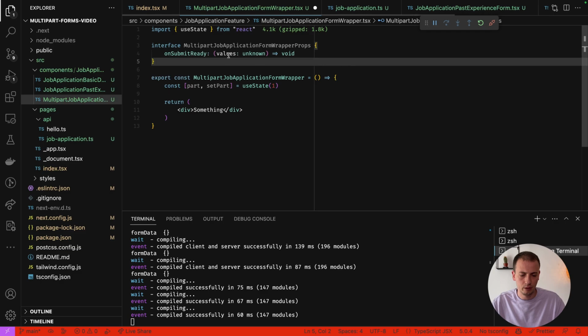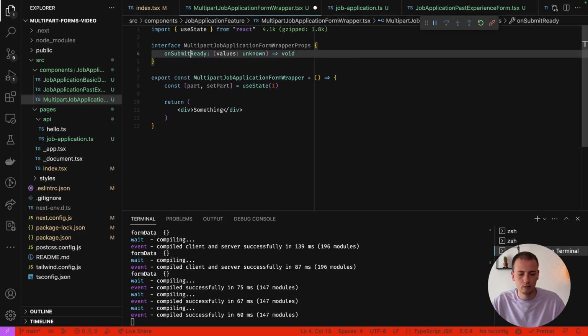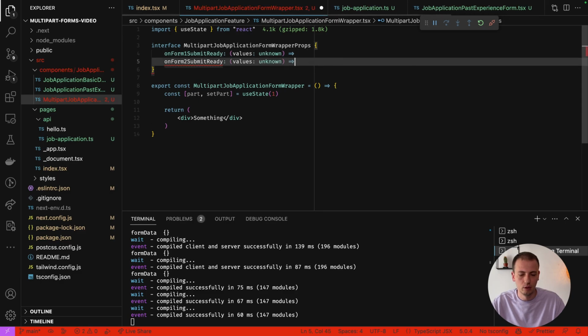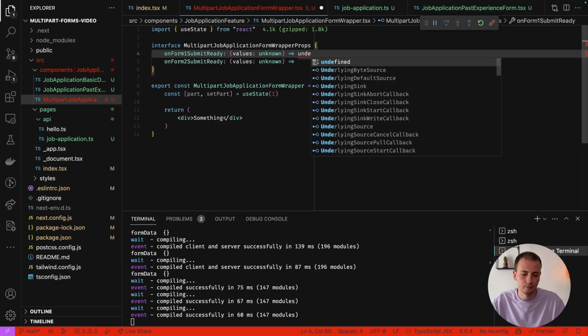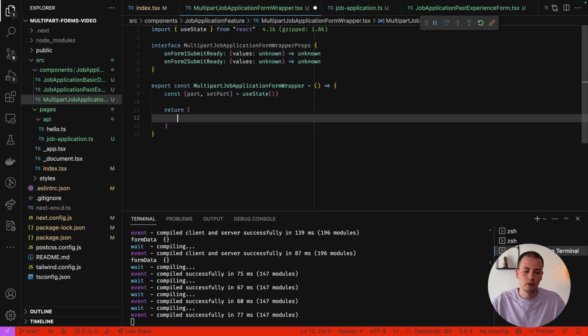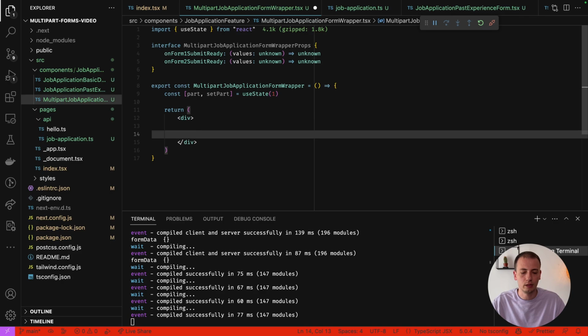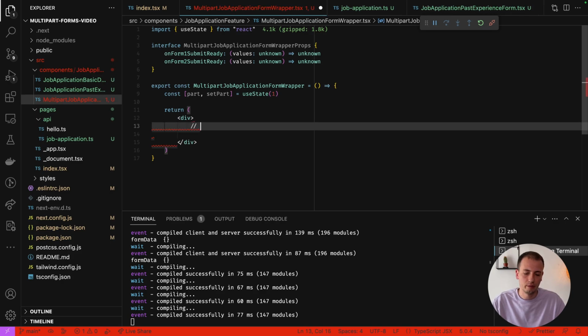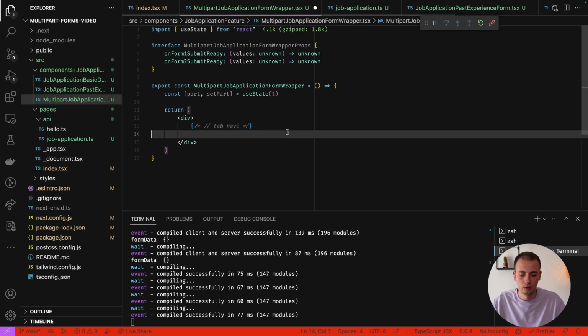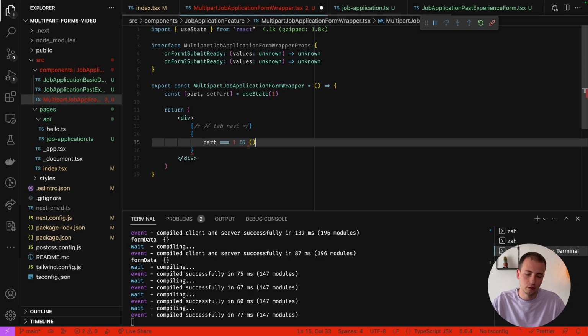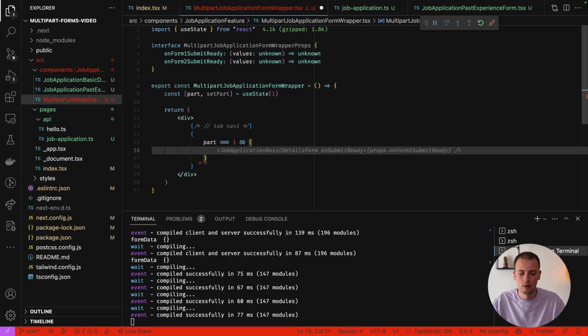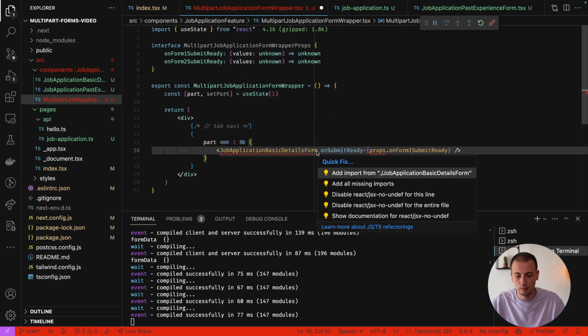Yes, we will have a submit ready, but it's going to be on submit on form 1 or something like that, submit ready, and then we'll have another one for form 2, like so. Actually no, we will have a div, some sort of container that will have the tab navigation. So we'll have a tab navigation, and then we will have a ternary operator saying, hey, is part 1 here? And if it is,